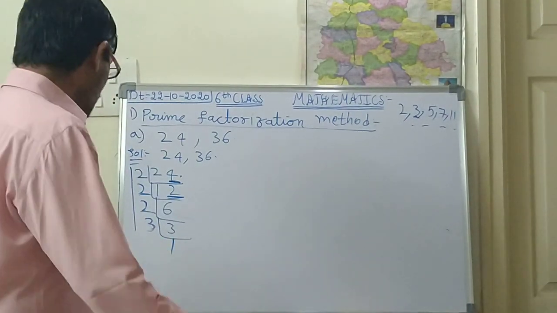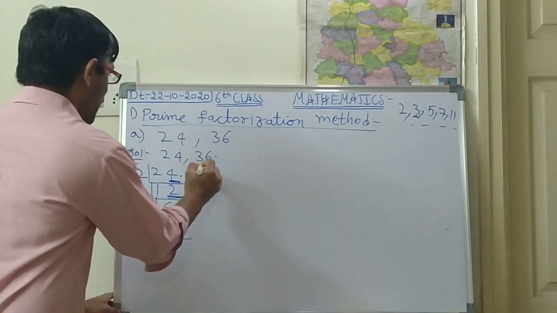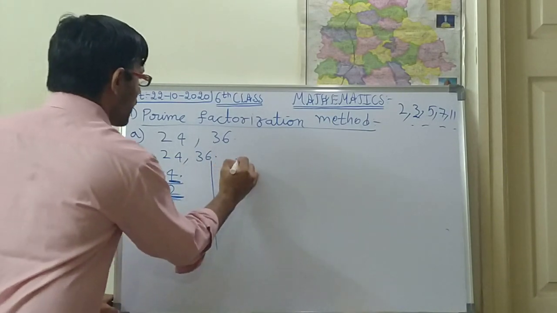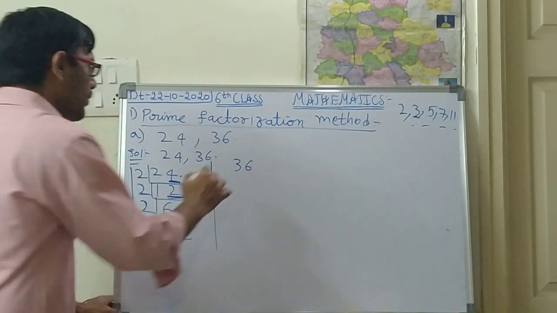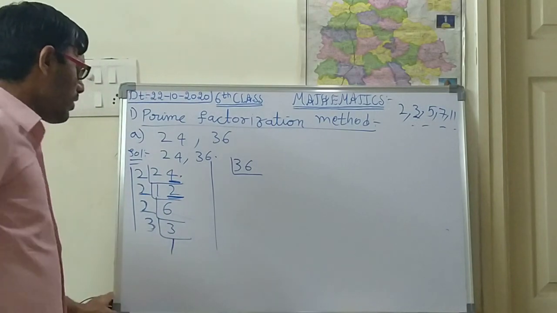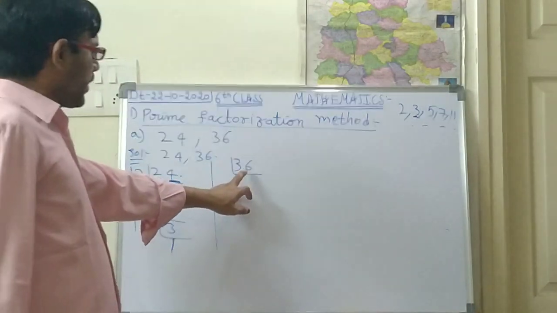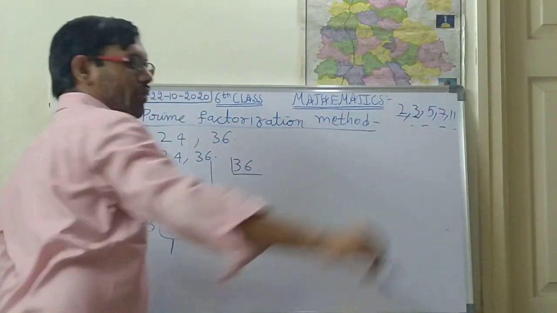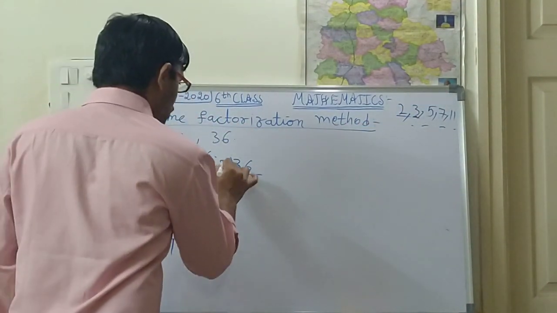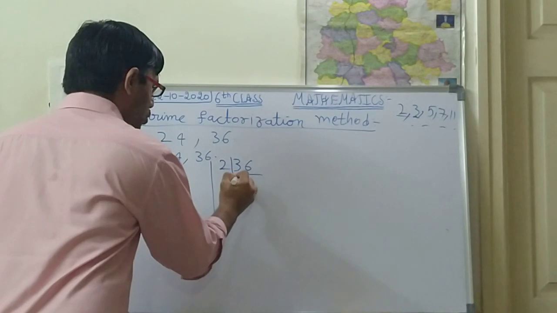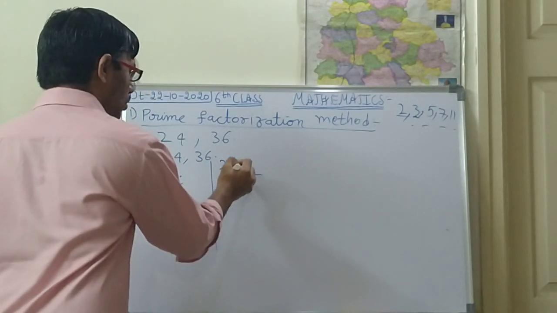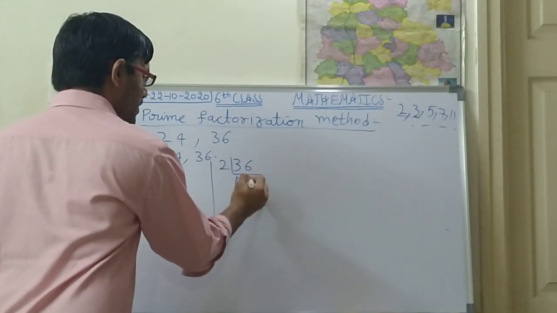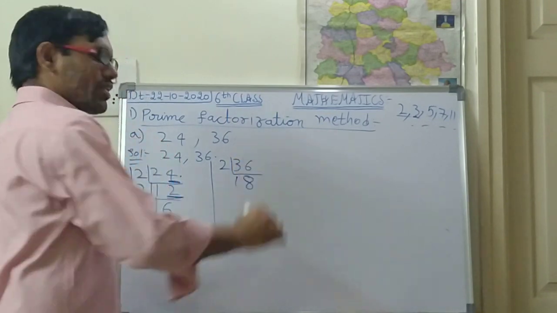So after doing this one, now next 36 is there. Next 36 you are supposed to take. So 36 means, see children, here 36. In which table will it go? Will it go in the 2 table? Yes. So we should take with 2. 2 ones are 2, 2 threes are 6, and 1 will be left over. 1 6, 16 means 2 8s are 16.